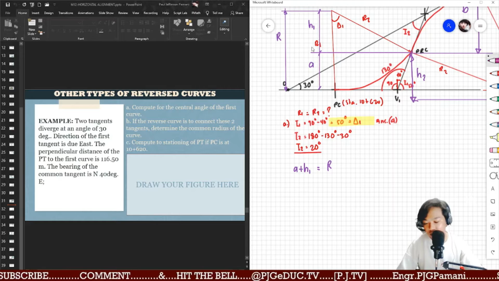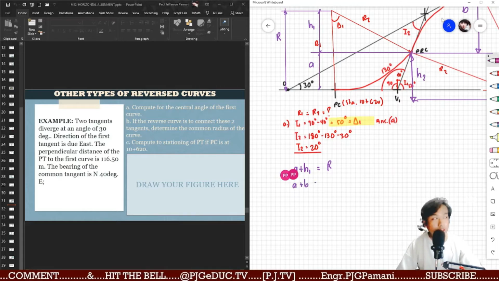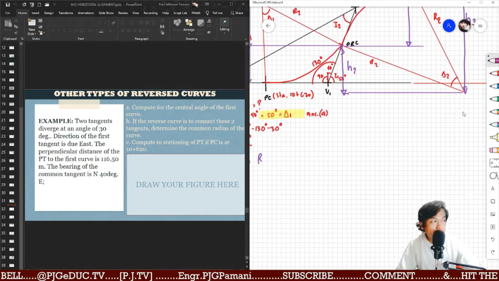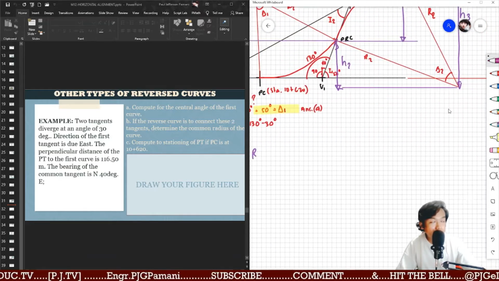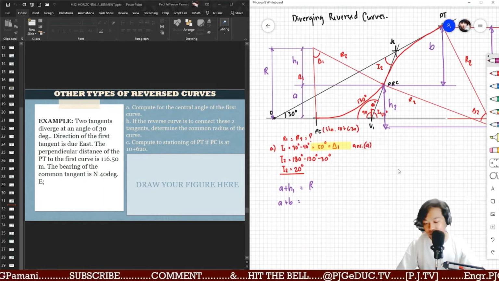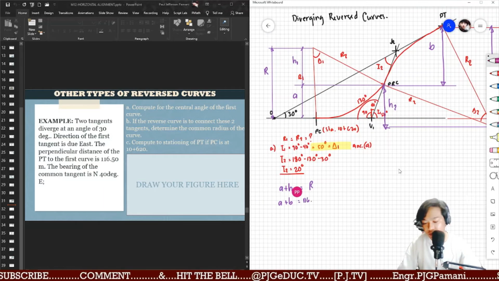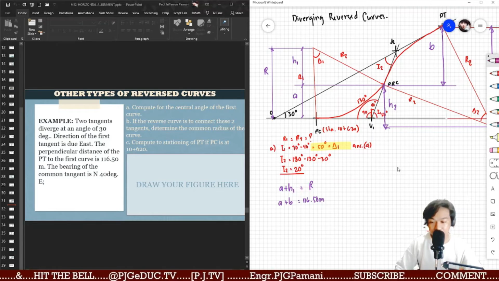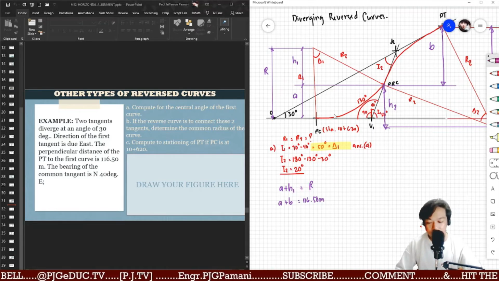And A plus B, basically the distance of the tangent of the first curve with the second curve. That is 116.50 meters. Okay? So using this triangle,